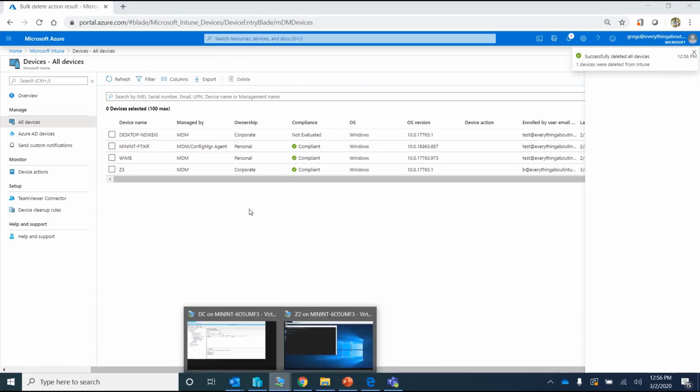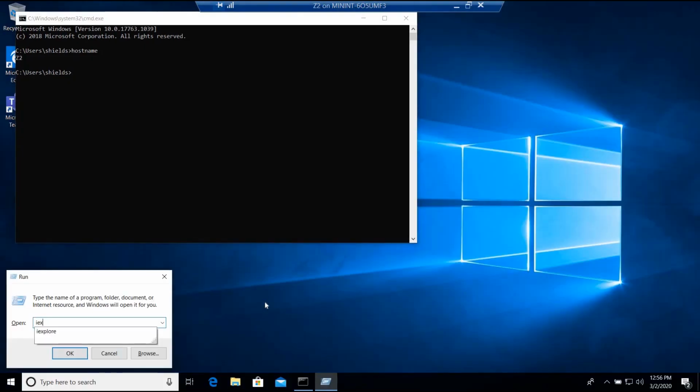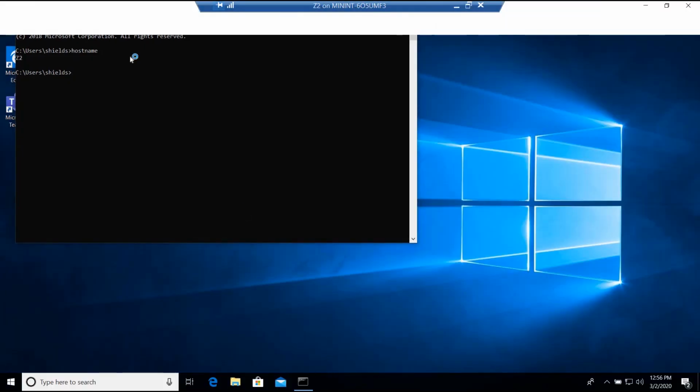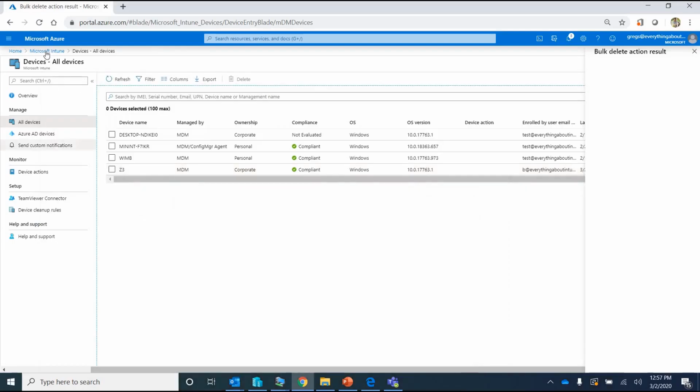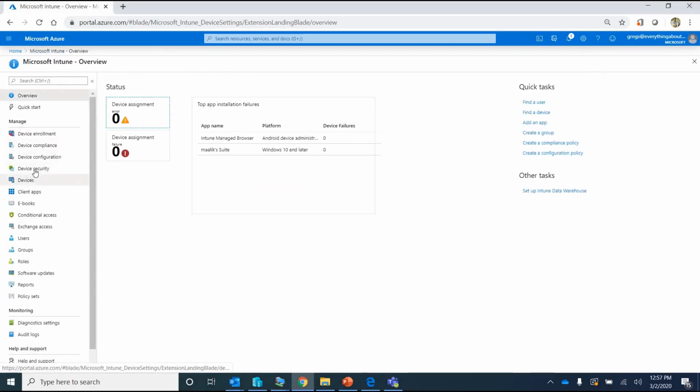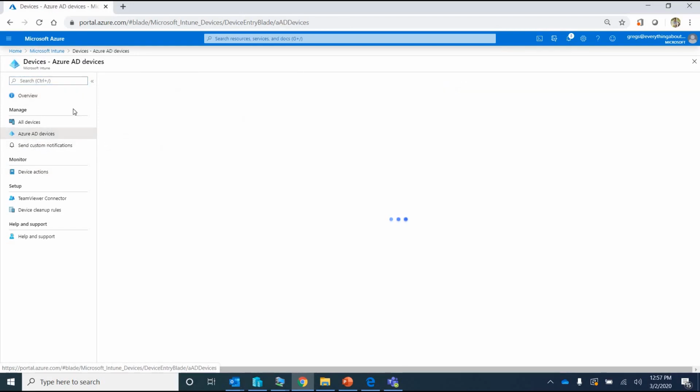Okay, cool. So I'm going to go into Internet Explorer and go to portal.manage.microsoft.com, which is what you would call a web version of the company portal. Once it opens up, I'll try and enroll it. And then we will see how to do the same using a web link. While this happens, let me go back to Microsoft Intune, devices, Azure AD devices,